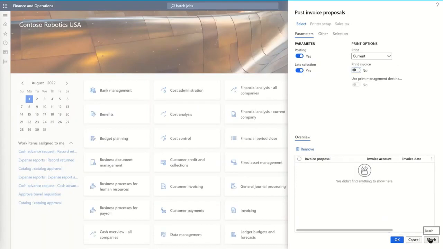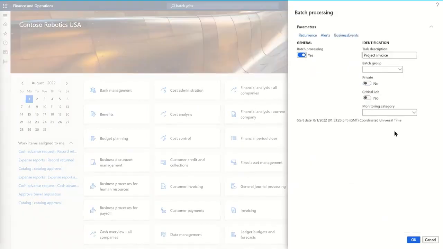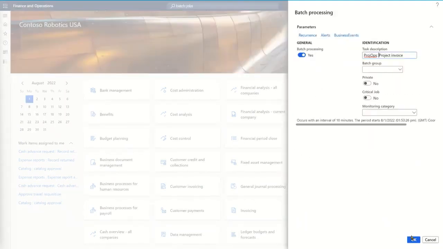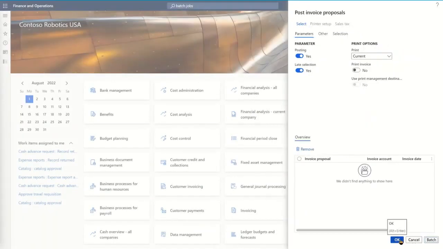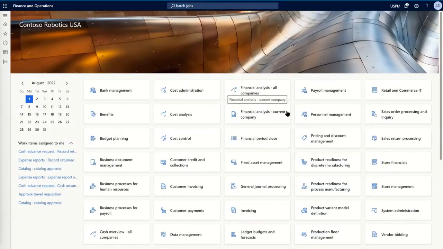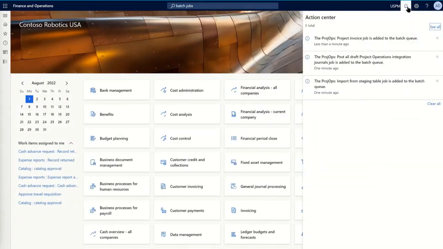Click OK. I click this little batch button on the right to set up my recurrence again. I click on recurrence, no end date. Okay, okay, okay. And that asks me to confirm that I'm not going to print, and that's fine for me. And here, if I click on this little button, I can see the 3 batch jobs are added to the